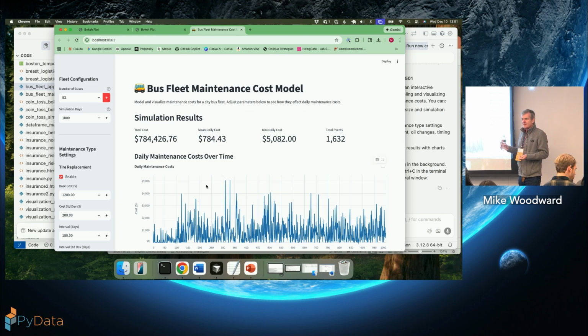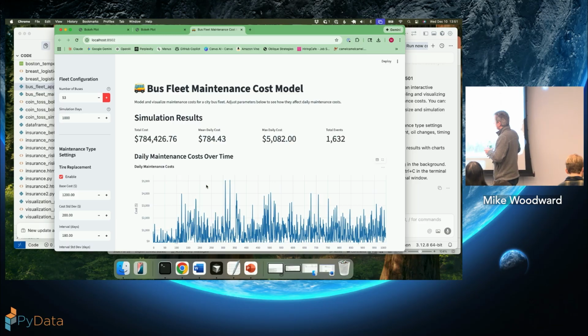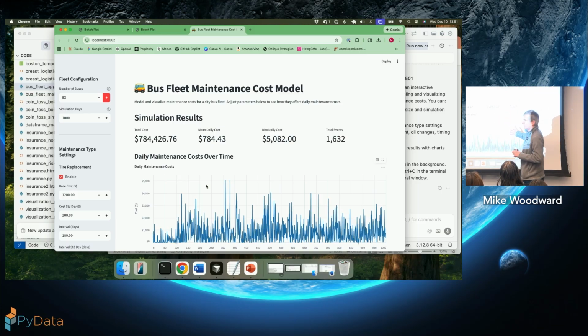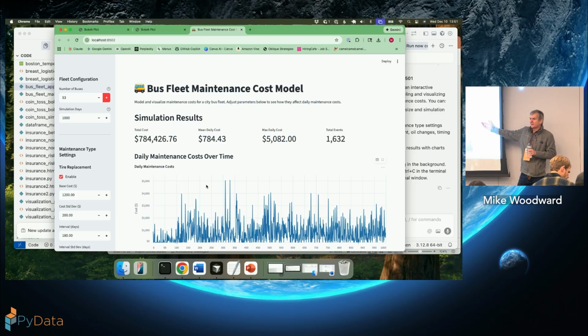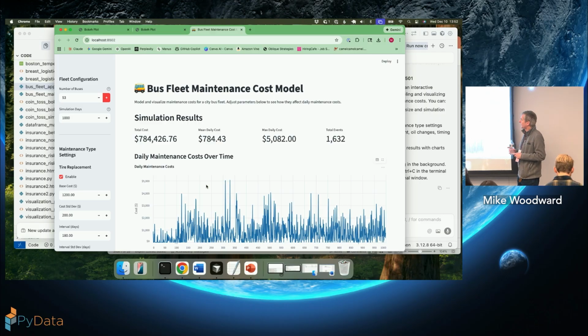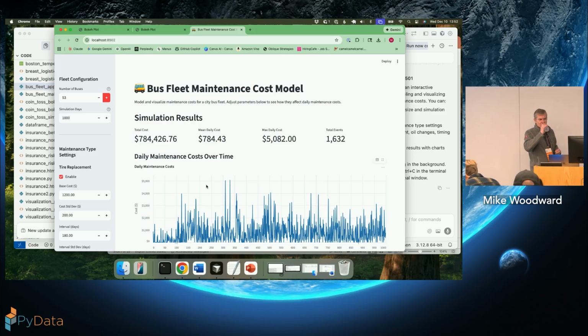If a manager wanted to see this, I could turn this around and show it to them and say, here it is. Right, it's disposable code, and that's the way to look at stuff like this. And of course, Streamlit you can deploy. It doesn't really support a lot of users, but it will support a handful of users. So you could actually deploy this to let other people have a look at it if you wanted. So if you have a Streamlit application that you want to use, this is the kind of thing to do.